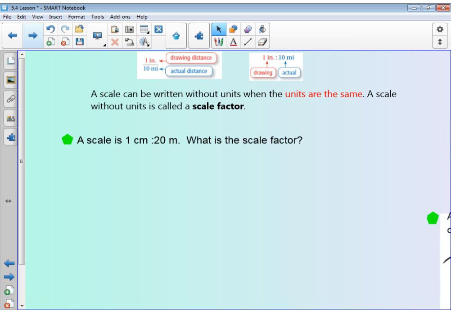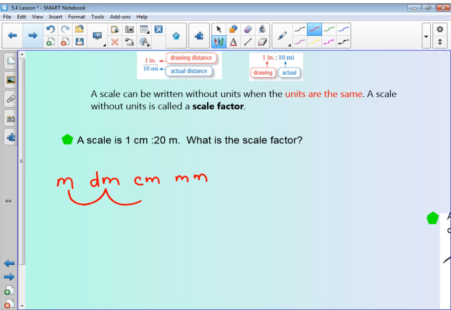Okay, so let's try one more of these. A scale is 1 centimeter to 20 meters. Find the scale factor. Okay, so King Henry doesn't usually drink chocolate milk. Okay, so I am going to go to meters. So centimeters, let's convert my meters to centimeters. So meters to centimeters would be 2 places to the right. So my decimal right now there. So 2 places is going to be 2,000